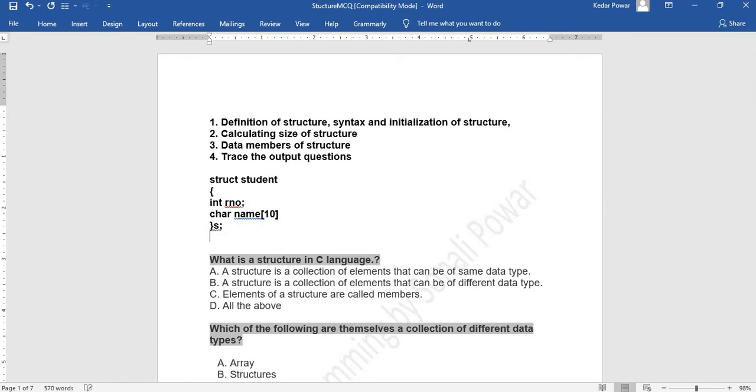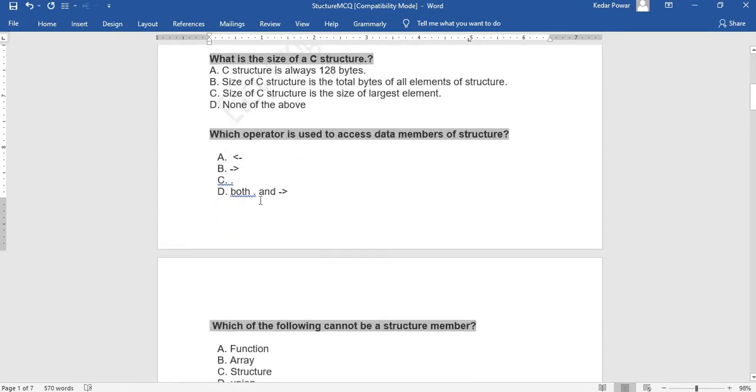In such cases you have to use the points-to operator. So I will say S->rno. So to access the data members of the structure, we can use two operators. First one is the dot operator and the next one is the points-to operator. The points-to operator is used with pointers, and the dot operator is used with a normal variable.